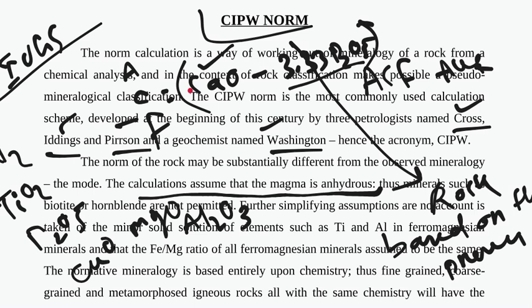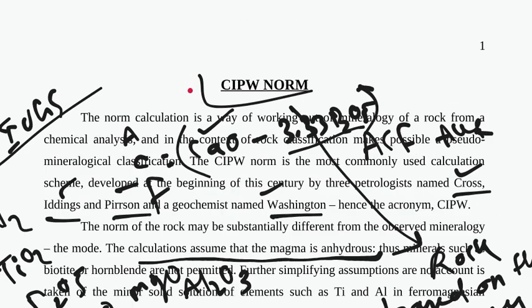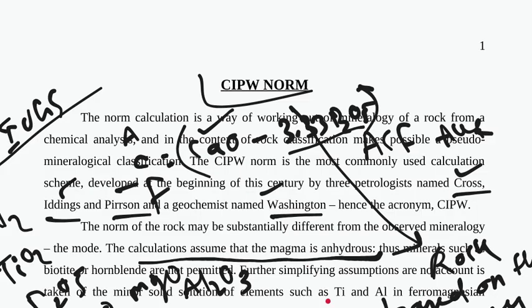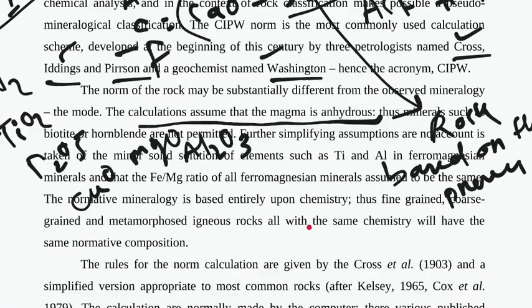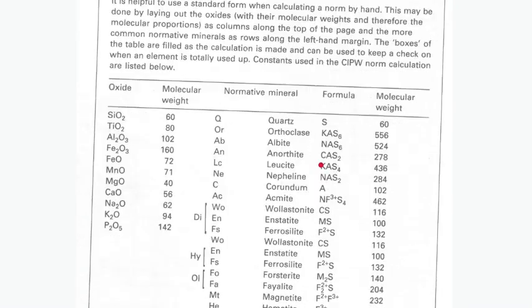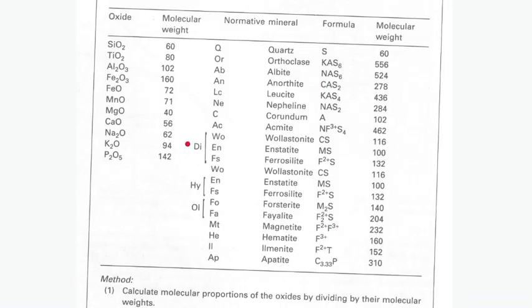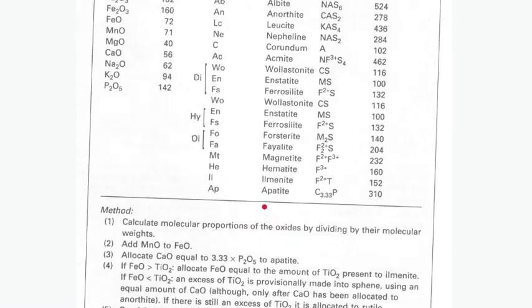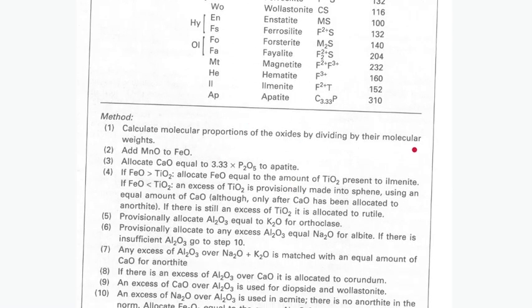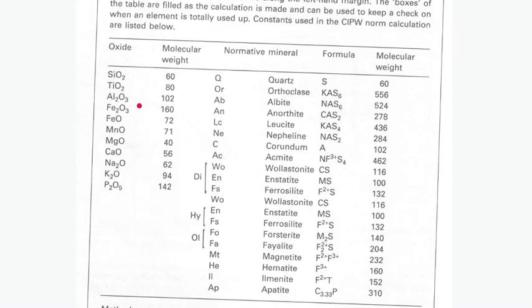That means जब हम नॉर्मल कैलकुलेशन करते हैं CIPW का, तो वो जो मिनरल निकलता है। तो this calculation has total 29 steps. Okay, 29 steps, so you can go through those steps कि कैसे होता है, वो तुम देख सकते हो, ठीक है, पढ़ सकते हो। ऐसे एक अगर टेबल दिया होता है कि मोलर वेट इतना इतना रहता है, तो मेथड फर्स्ट क्या करते हैं, calculate proportion of the oxide by dividing by their molecular weight. तो इसमें पहले इसका मोलिकुलर वेट को डिवाइड करके उसका प्रोपोर्शनल वेट निकाल देते हैं, ठीक है।